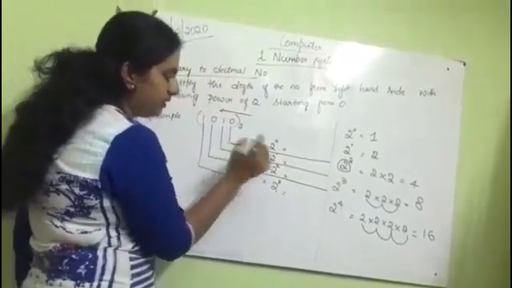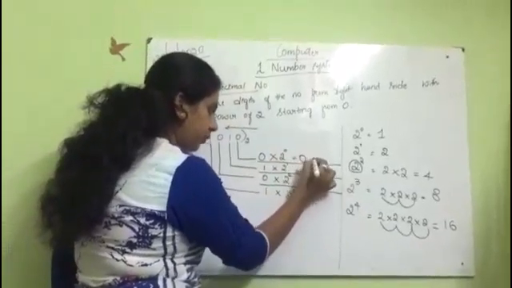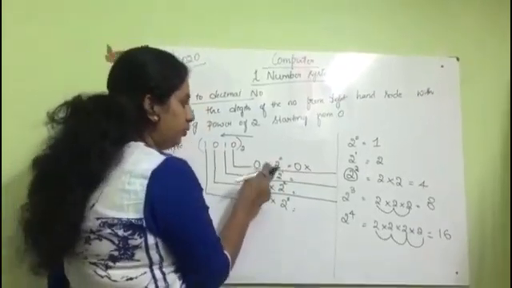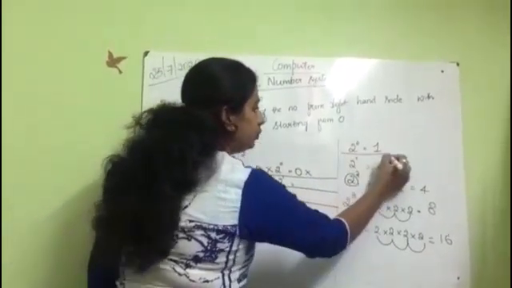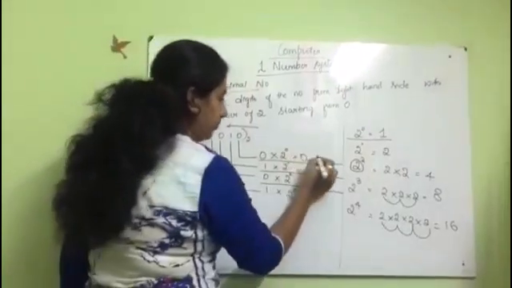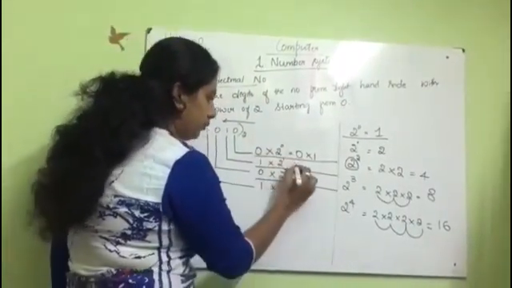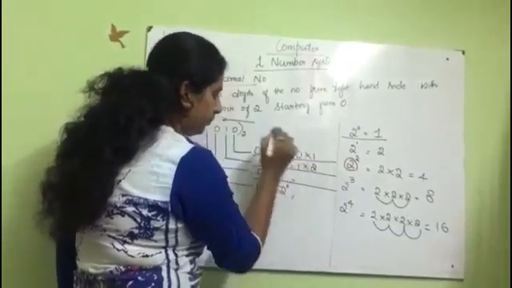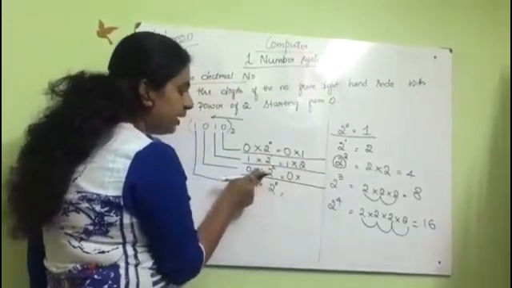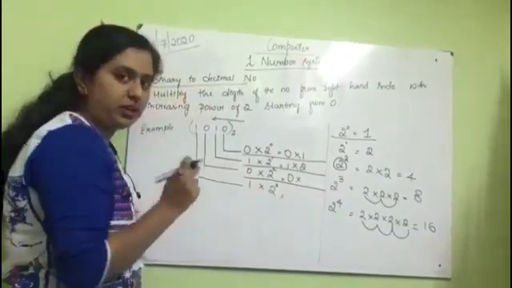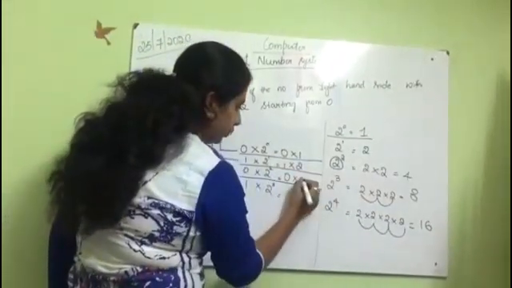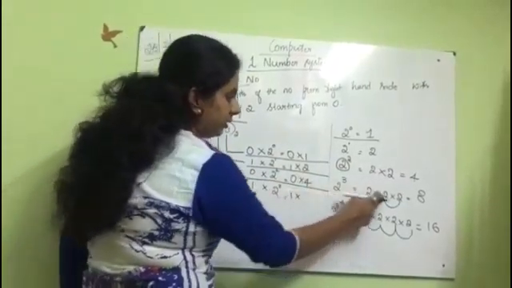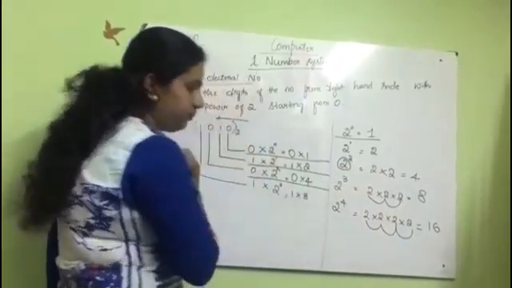Okay. Now write this number as it is, 0. Why? Because we have values for 2 to the power of 0 and 2 to the power of 1. So 0 and 2. Now it is 2 to the power of 0. What is the value of 2 to the power of 0? It is 1. Now 1 into. What is 2 to the power of 1 here? 2. Next write 0 as it is. And here 2 to the power of 2. What is the value of 2 to the power of 2? That is 4. Now what is 2 to the power of 3? The value is 8. Okay.